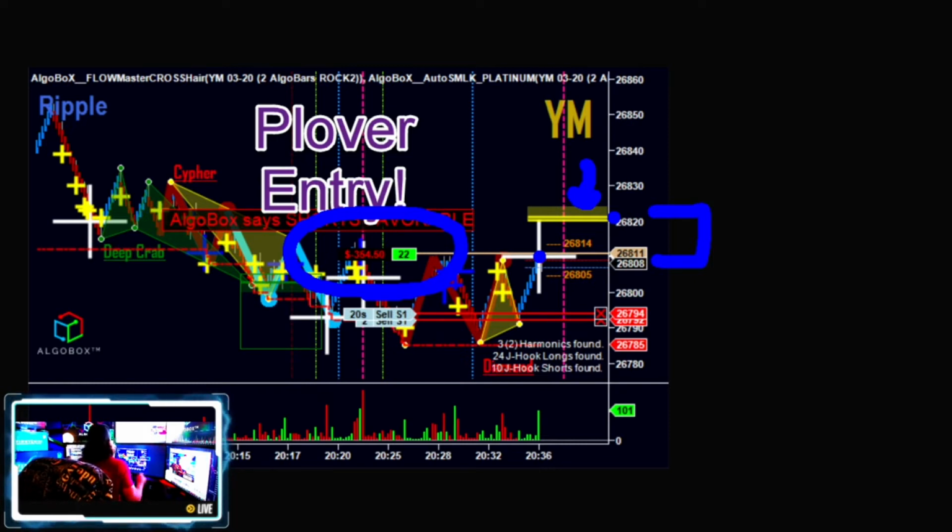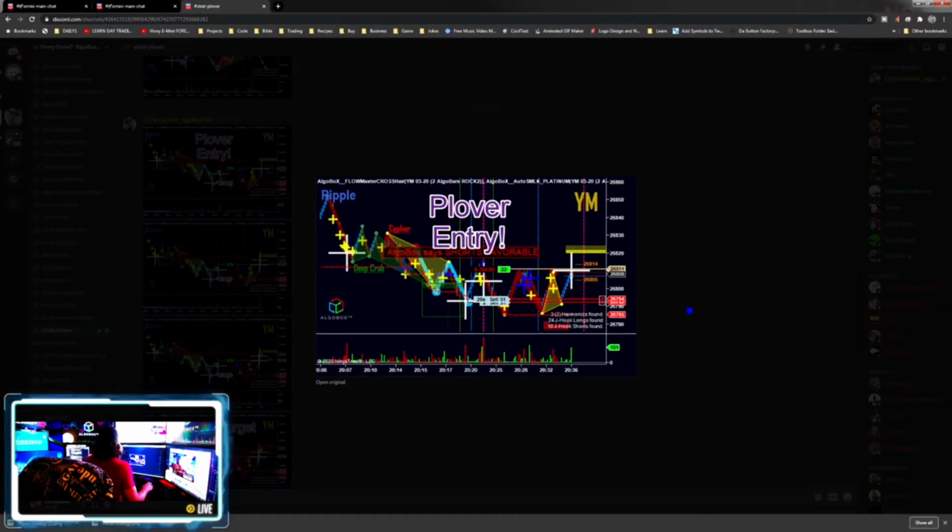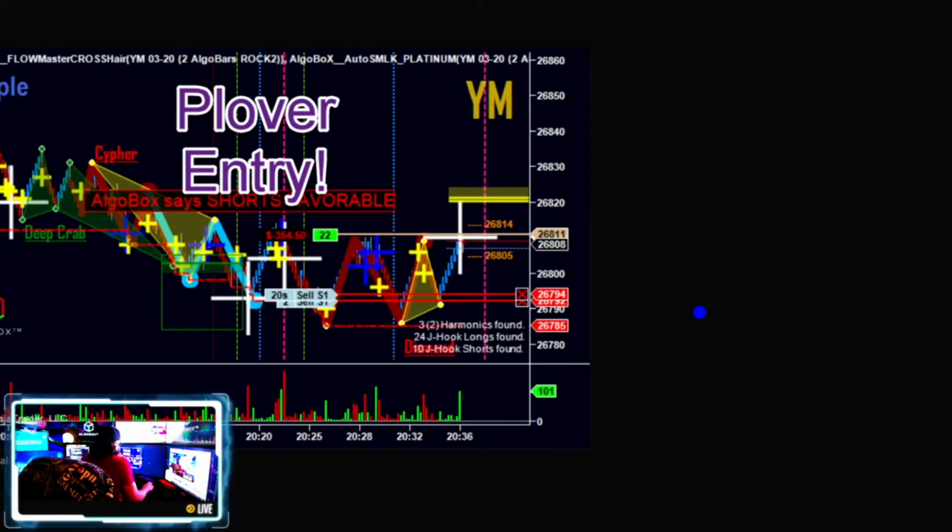I'm going to show you guys some examples of that. But the primary understanding is that you've got the distance between a cross and a PRZ. Now, there is more to this. What you need beforehand, okay? Prerequisites to this, you'll want some of the other things from the order of operations to add confluence to this trade. However, other prerequisites that we want on every one of these,